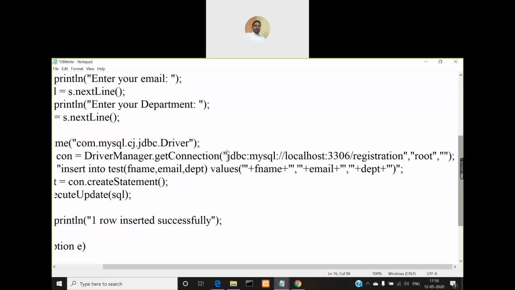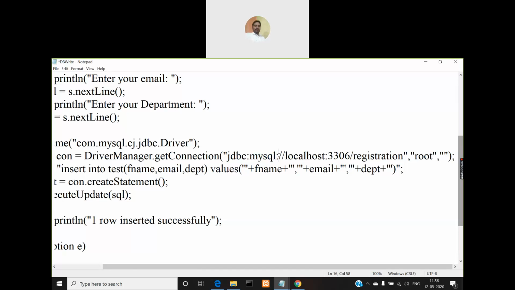So first one, the URL. The URL consists of the API name that we are using for establishing database connection, and what is that API? JDBC, followed by a colon, and to which database are you establishing connection? The MySQL database. So this must be mentioned. The API name and the database technology must be separated by a colon symbol, and then after that one more colon symbol which will separate the database and API from the host name, the MySQL server.